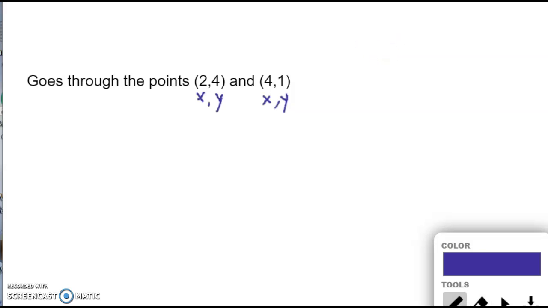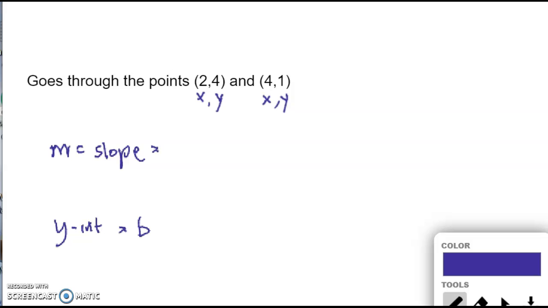All right. So now, to figure out the equation of the line, remember what we need to figure out is slope, which is the m, and y-intercept, which is the b value. All right, so let's try to do that slope. How do I figure out the slope? Slope is